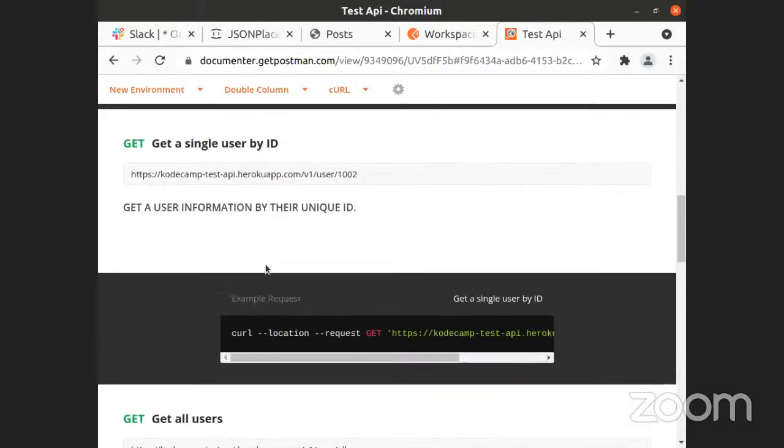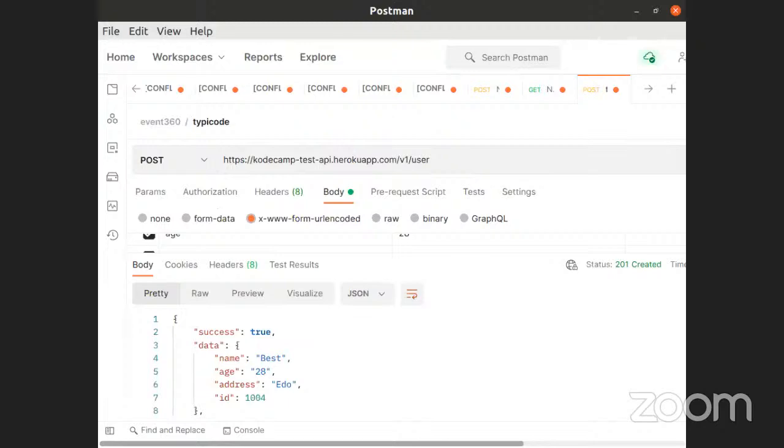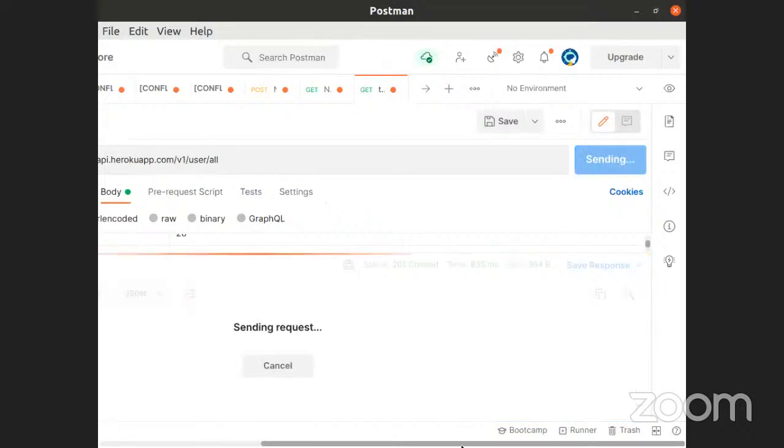Then say, for instance, we need to get all users. We now have to go to this URL, which is almost the same, and then add /all. So let's do that using our own URL. I'll do a /all, and then I'll change this to a GET request since we are trying to get. So when I click on send,